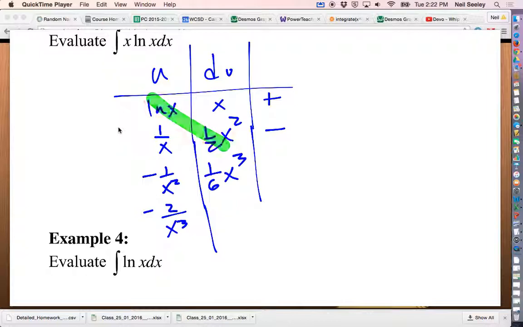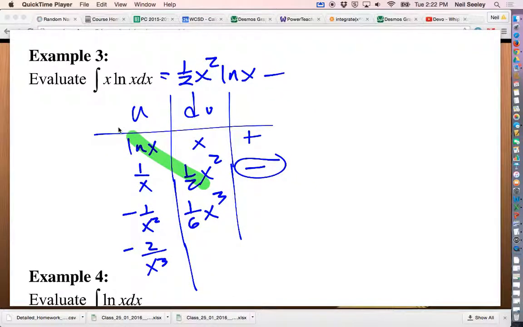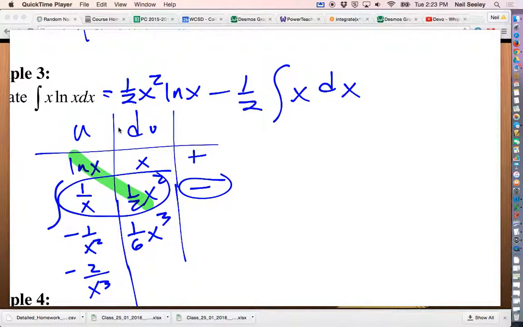So that first diagonal looks pretty good. So I'll put it on there, make some room up here. So uv, that'd be 1/2 x squared ln x. Minus, you pick up the minus sign. Can we integrate if I stopped at the second row? Is that integrable? And that totally is. That simplifies to 1/2 x. So that's the integral of 1/2 x. Because the 1 over x and x squared cancel. So at that point, just need to finish off the last part. 1/2 x